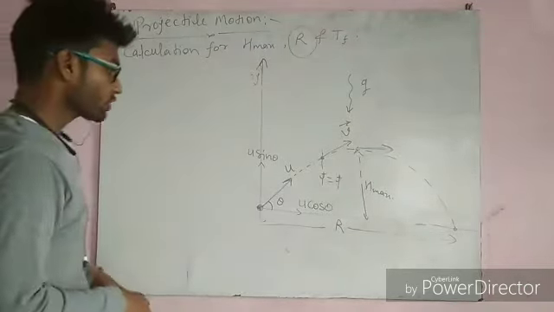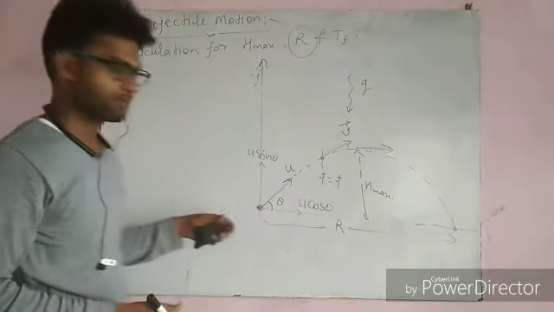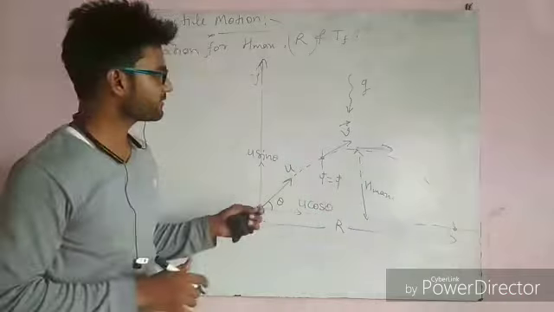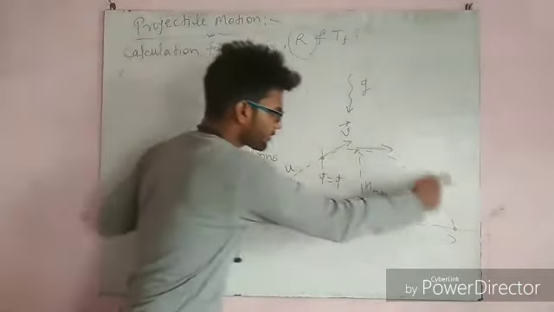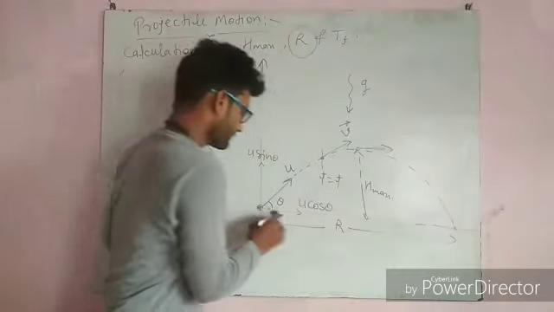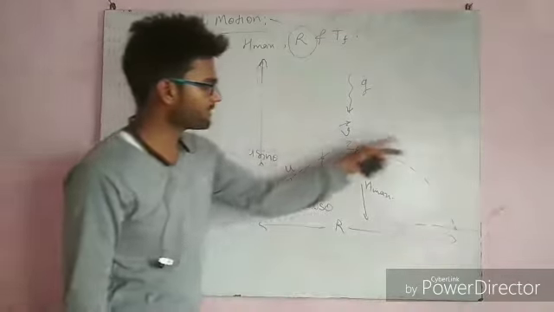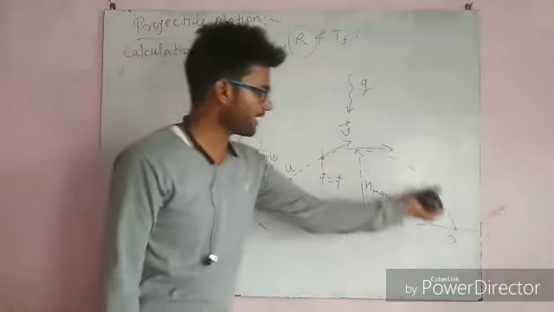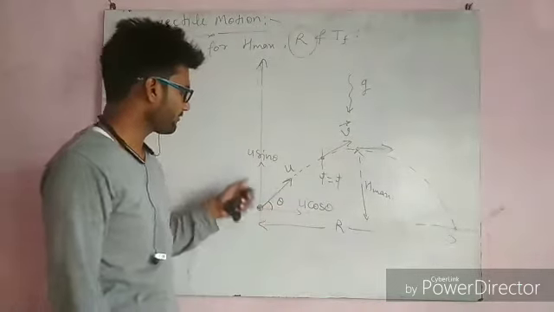Okay. So for the calculation of this r, again we'll take a certain condition. What will be the condition? In this particular time, the particle is at the position r, right? So what will be this time? The time of flight. So how will we calculate the time of flight?